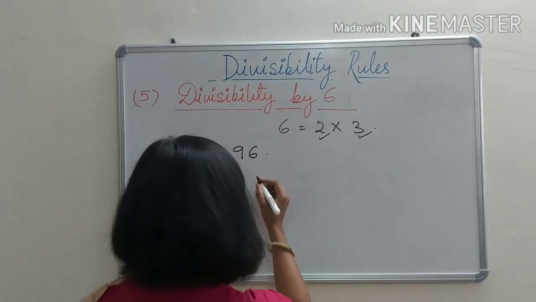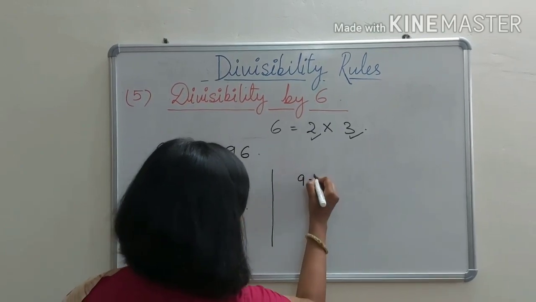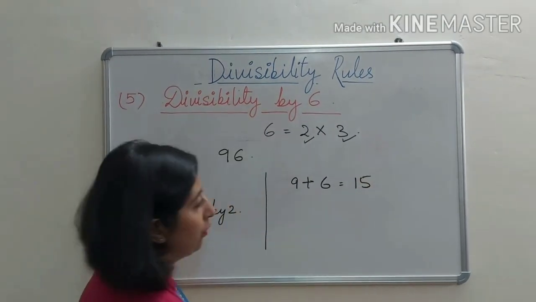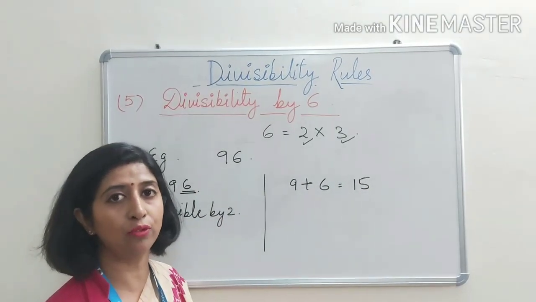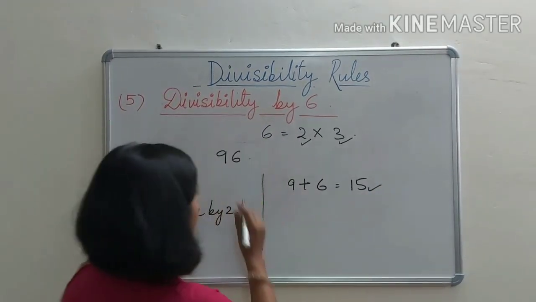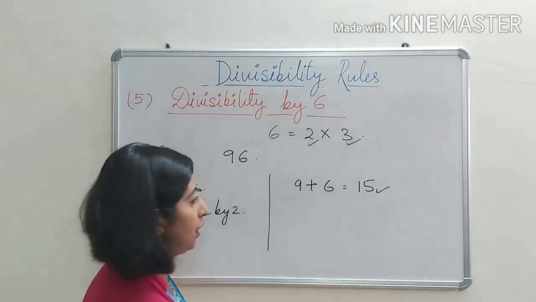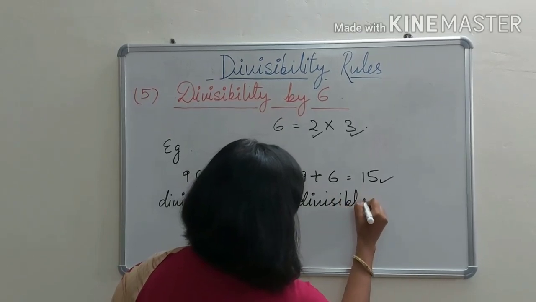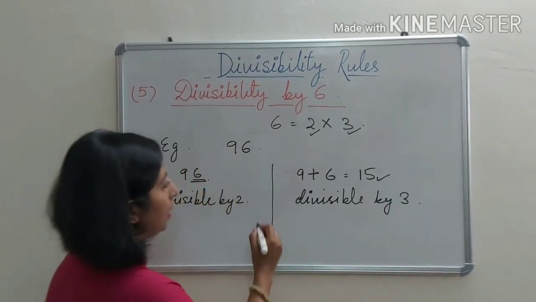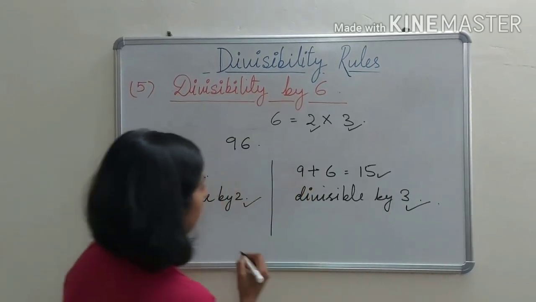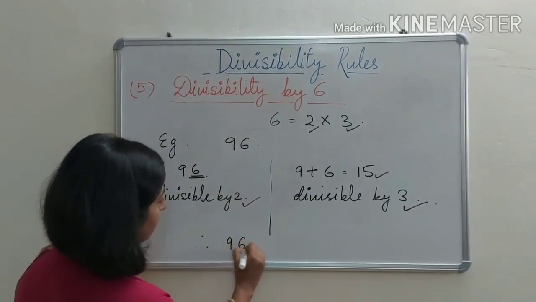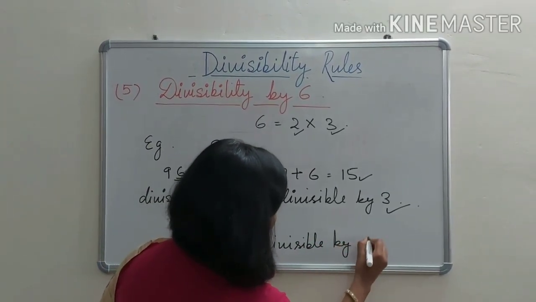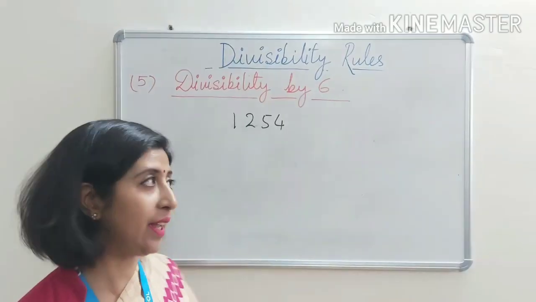For this, what we have to do? We have to add the digits. 9 plus 6. This is the divisibility rule of 3. It is 15. Again, 15 is a multiple of 3. If 15 is divisible by 3, then 96 is also divisible by 3. So, divisible by 3. If both the conditions are satisfied, therefore 96 is divisible by 6. Let's take another example,